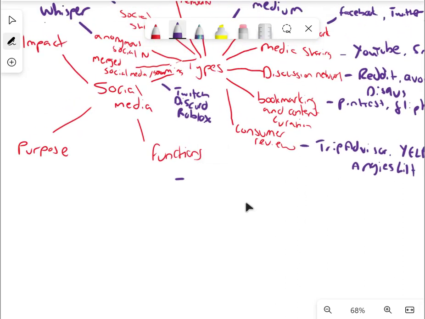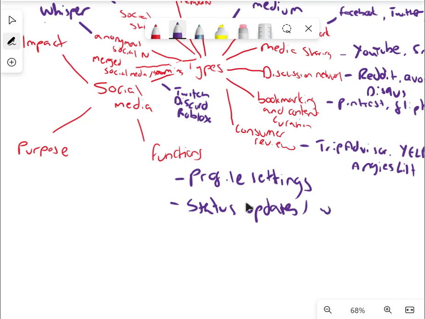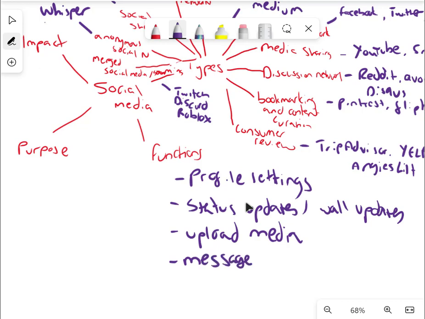So if I was to say to you, profile settings, changing your profiles, having status updates, or wall updates, or story updates, being able to upload media, being able to message people, output messaging, having notifications,